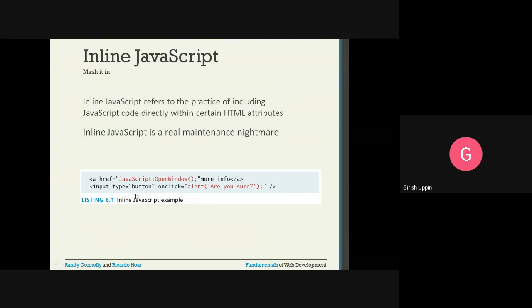You will see a button on the web page, and there are certain events that can be associated with that particular element. One of the properties is onclick. It is kind of a listener. It will listen to the onclick, meaning whenever the user clicks on that button, it will execute something.